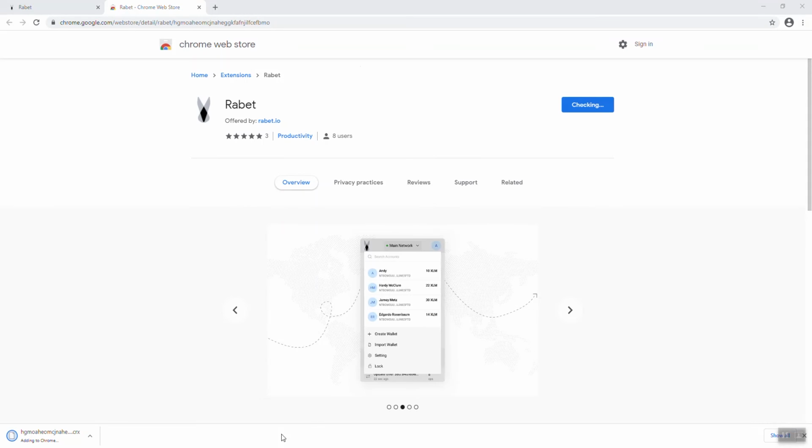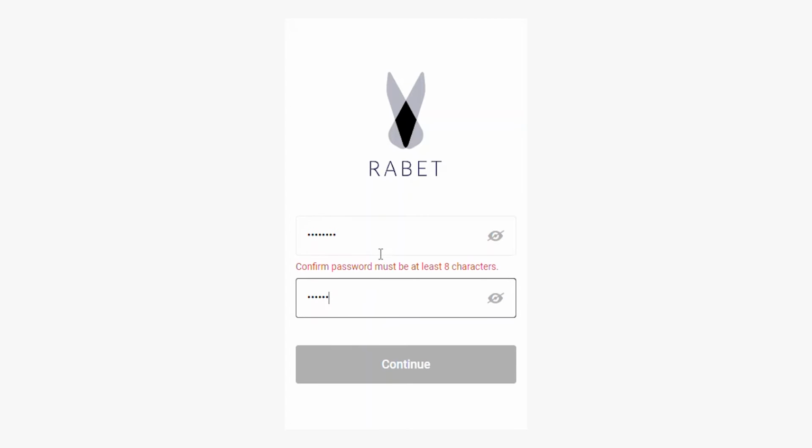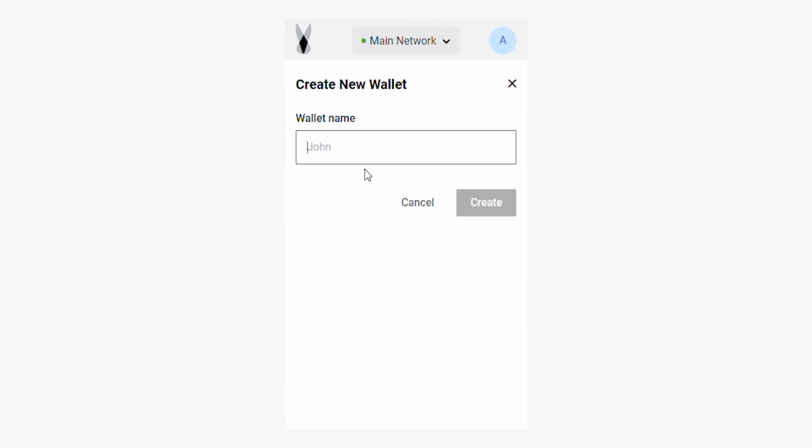Alright, it's done. When you open the application for the first time, it asks you to set a password. I'm just gonna write 1, 2, 3, 4, 5, 6, 7, 8, and like so. And here, since I have not imported or created any accounts on this wallet, it asks me to either create an account or import one. I'm just gonna create an account, call it my main account,